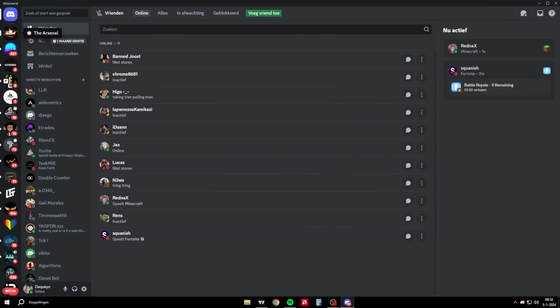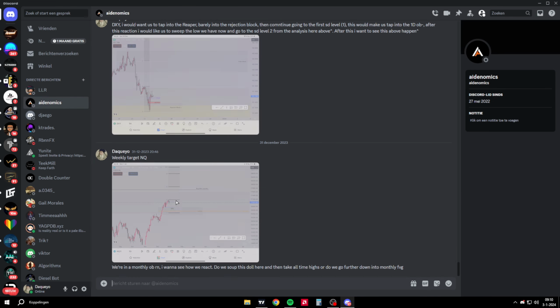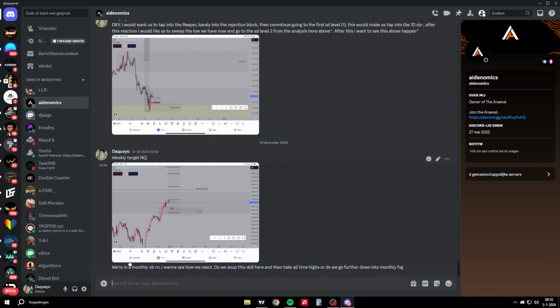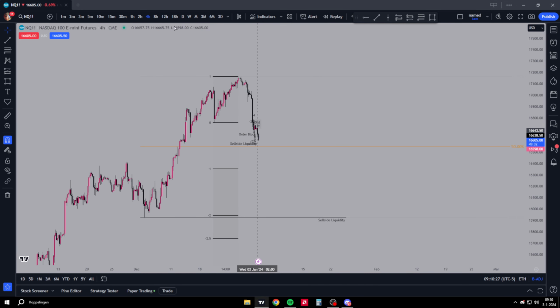Right here. And we go to Aiden, and weekly target NQ, which would be buy side liquidity, which would be all-time highs. And then this on the daily chart, and I have equilibrium right here, and that's a weekly fair value gap, but we could just see through it. We have this equilibrium right here, and then what I said was we're in a monthly order block right now, which is